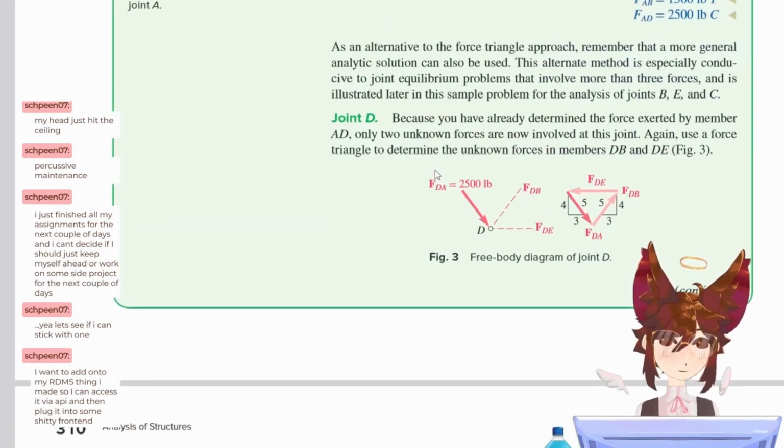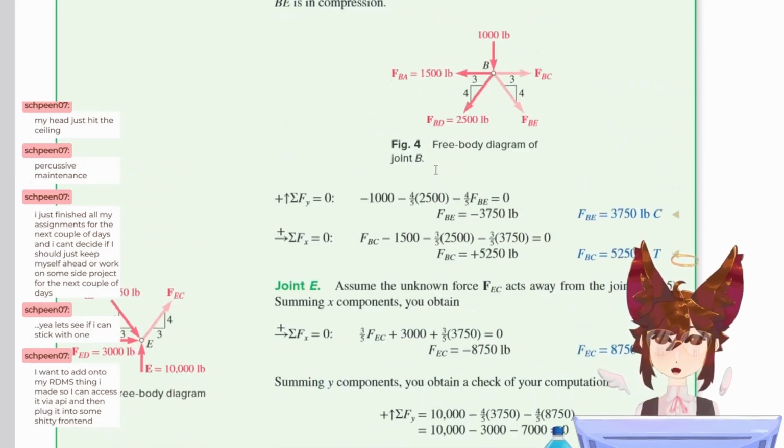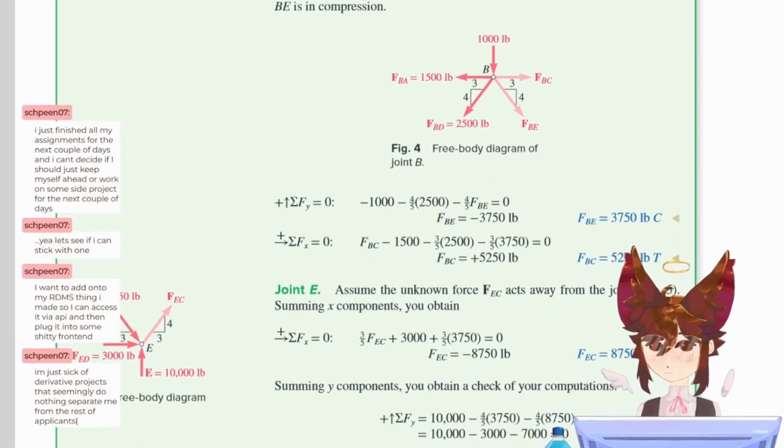Where did I get it wrong? I must have just done the components wrong. But okay, they're close. Honestly, if I hadn't goofed up on the trig the first time.